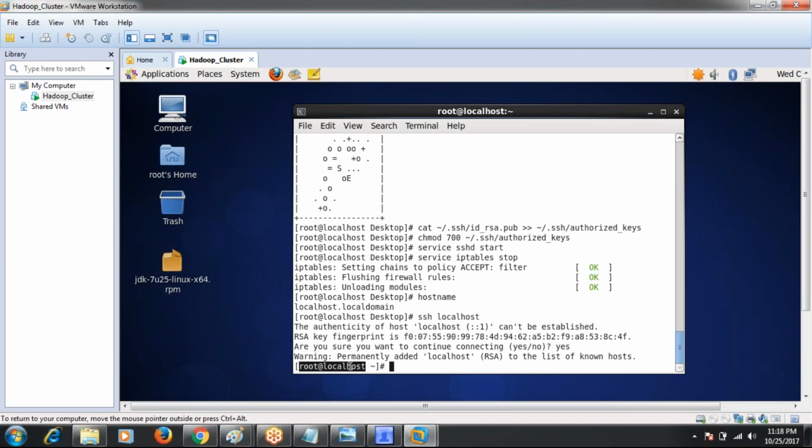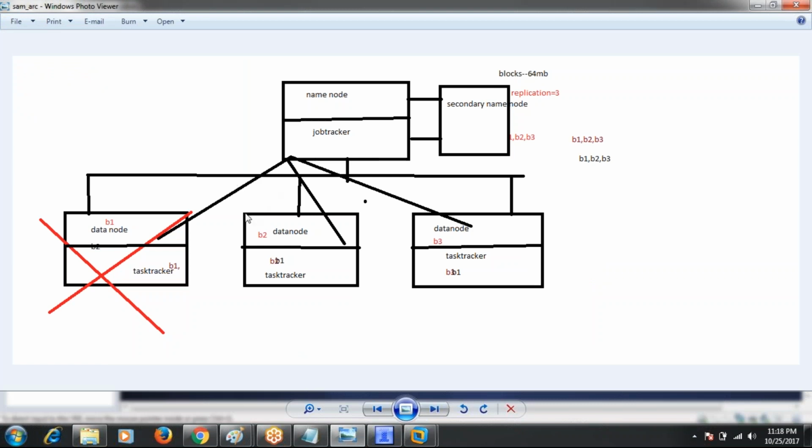In the same way, if you have a multi-node cluster, say we have 5 machines here, and you want to connect from slave 1 to slave 2, then in slave 1 you can type the command ssh space slave 2 IP address, enter. Then it will ask the same thing, are you sure you want to connect, type yes. Then you will connect to slave 2 directly. Why? Because SSH is installed, right?